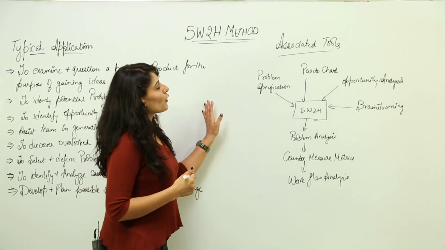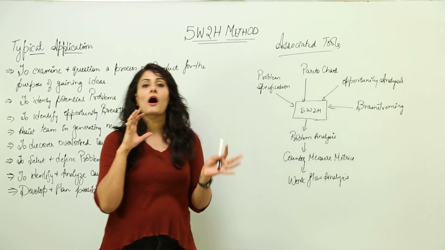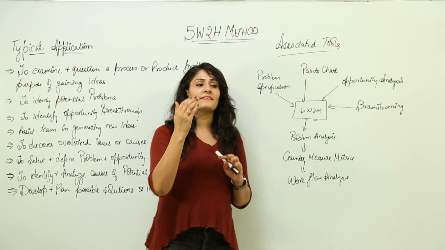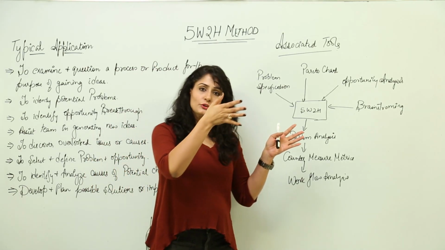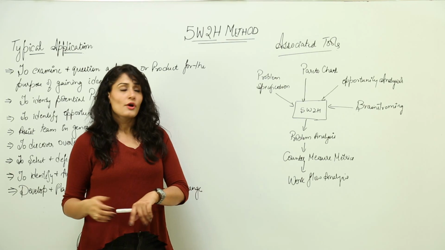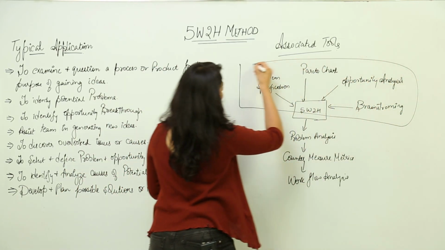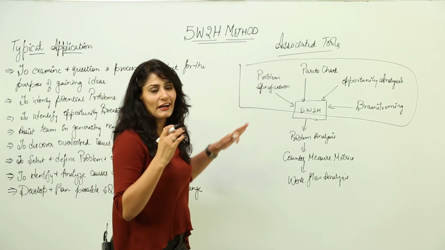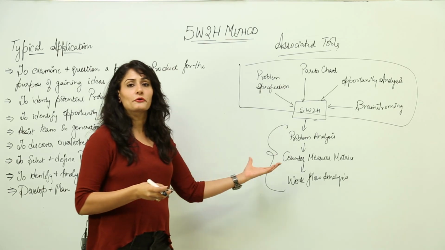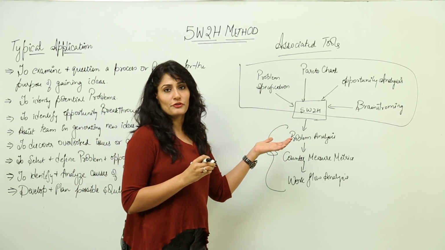And now I am just moving on to associated tools. So, basically in this section I just tell you what the other tools are which are associated to the main tool we are discussing. So, I tell you which tools are used before this tool, and which are the tools used after this tool, right. So, in this portion of associated tools I have written all those tools which are used before the 5W2H method, and this portion will discuss the tools which we use after we have used our 5W2H method, right.